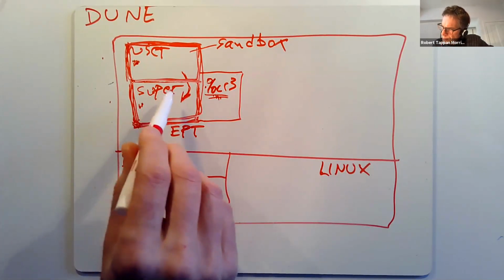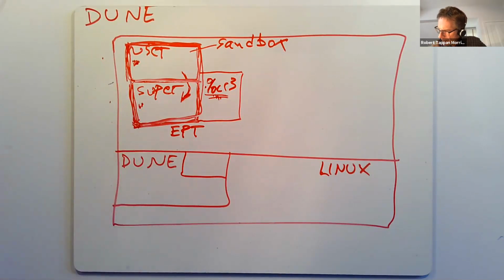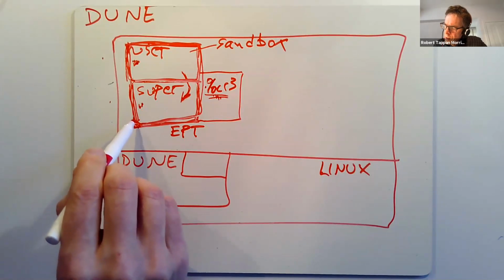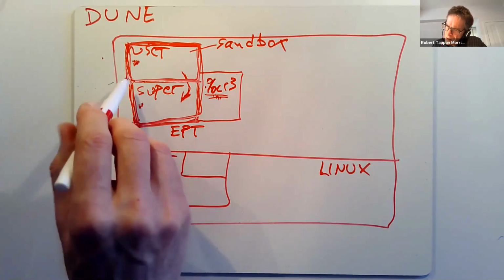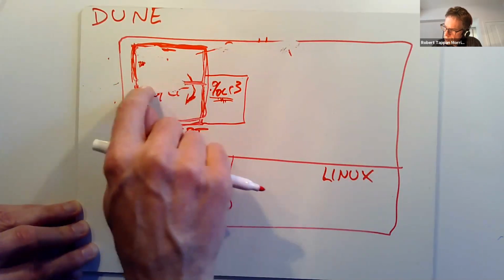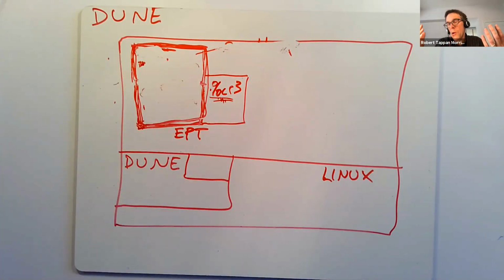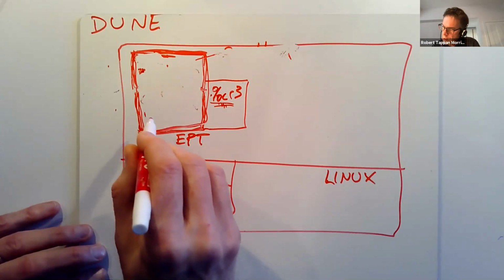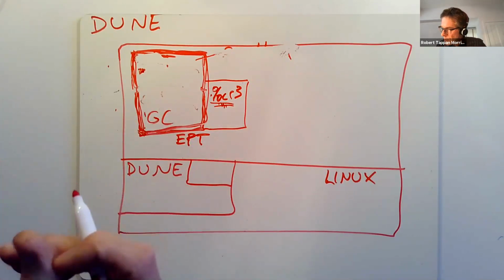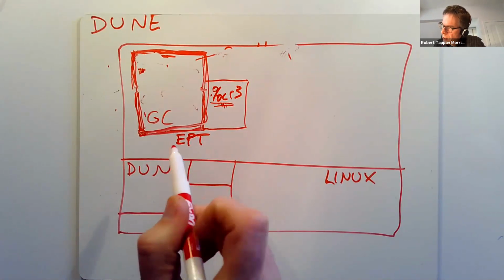The other thing that the paper talks about using Dune for is to make garbage collection faster. So we're not doing a sandbox anymore. We're actually not even using user mode. We're just having one program. We're assuming that we're writing whatever program, who knows what, but in a garbage collected language like Java or Python or something. Garbage collection can be slow. There's dozens and dozens of tricks for making garbage collection faster. But one of the things that's important in garbage collectors is